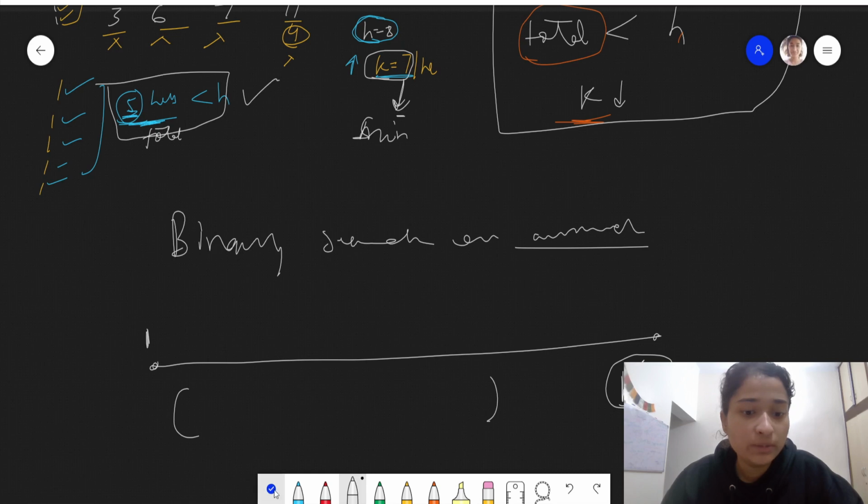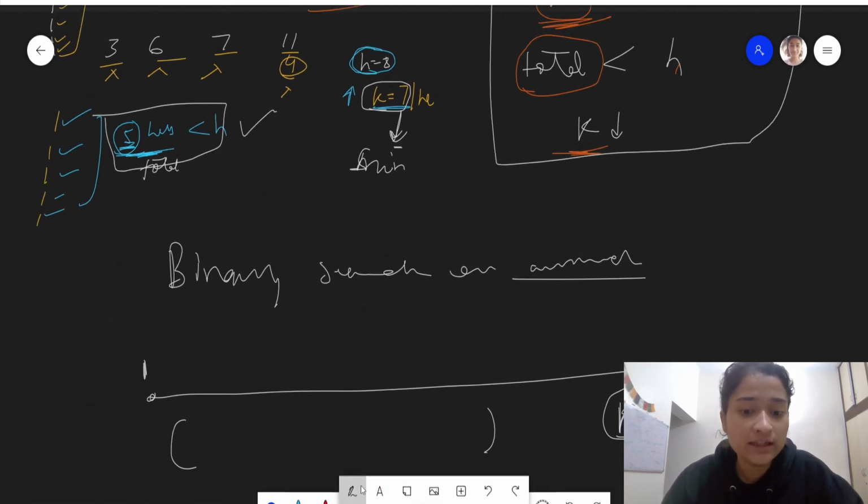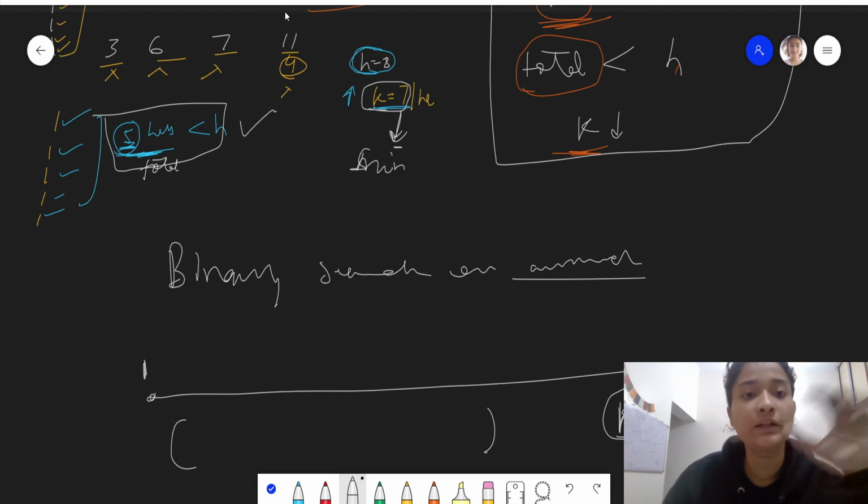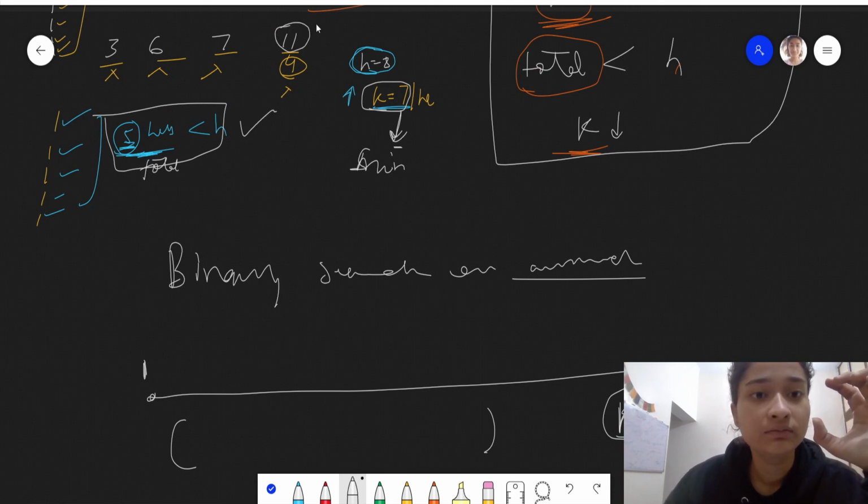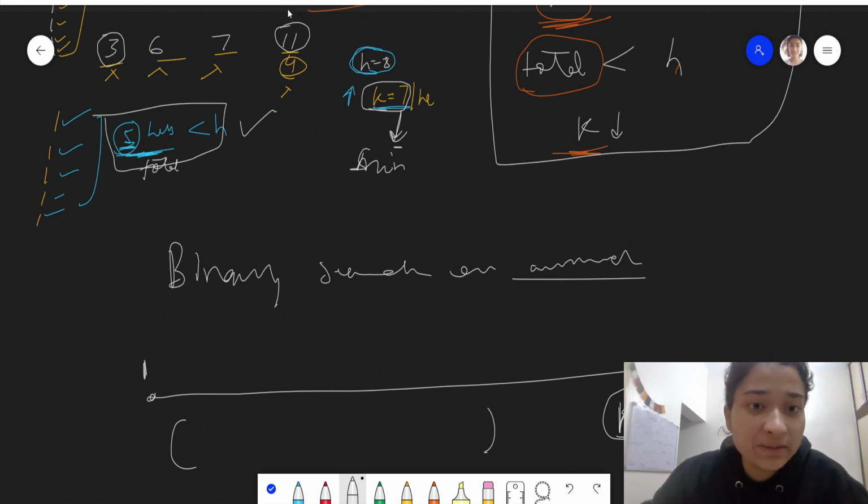So what could be the maximum value Coco can eat in a particular hour? 11 could be the maximum value Coco can eat per hour, and the minimum Coco can eat could be 1. Minimum could be 1, and maximum could be 11, let's say, right?